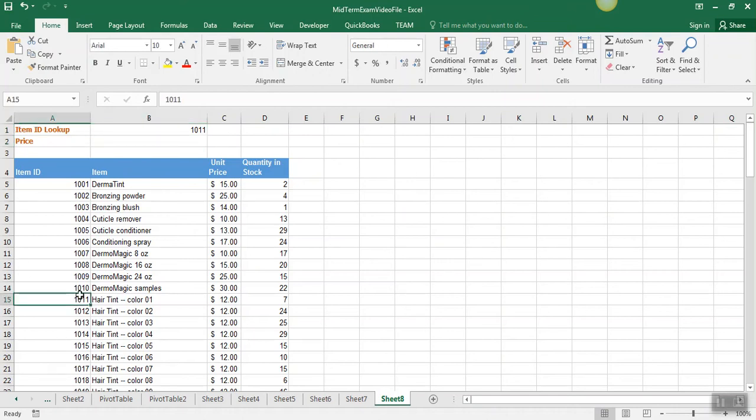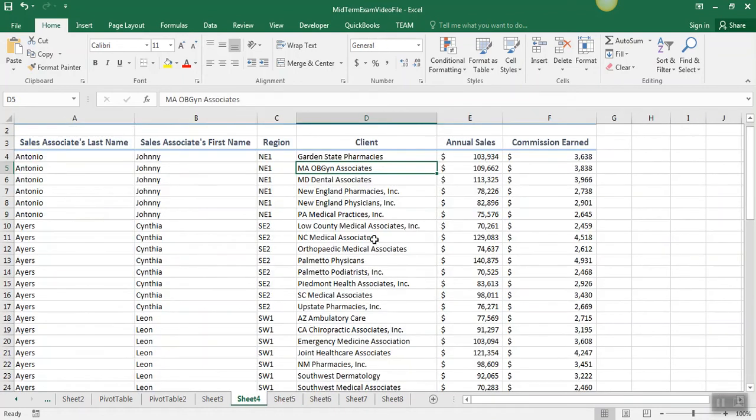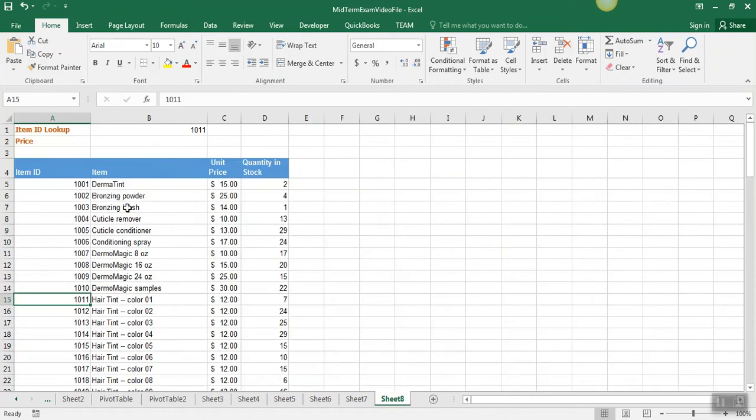Now we could use an index and match like we did on sheet 6, but because the item IDs are in the far left column, there's a function that works a little quicker than the index and match. Index and match will work, but the VLOOKUP will be quicker. As opposed to over here on sheet 4, we couldn't have used a VLOOKUP because we were looking for something in the middle of this data range, not at the leftmost column. So we're going to use the VLOOKUP,